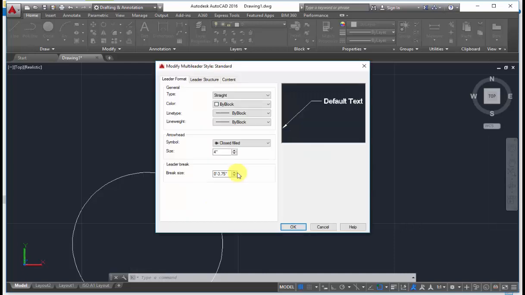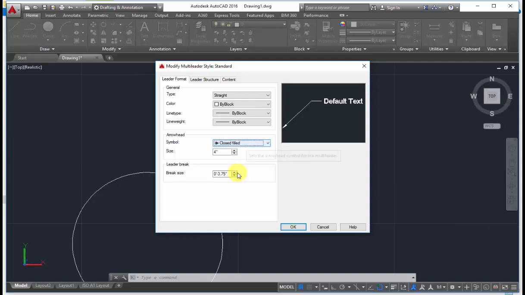First here you will get the leader format. For the general type, you choose whether you need it straight or spline. You'll get it in the form of spline like this. If you click on none, then you won't get anything. I'll keep it as straight here. No need to set the line type, line weight and color, because you can set them in the layer itself. Next, arrowhead.